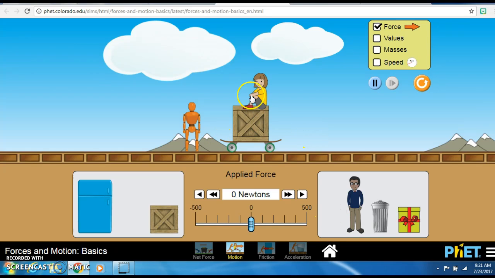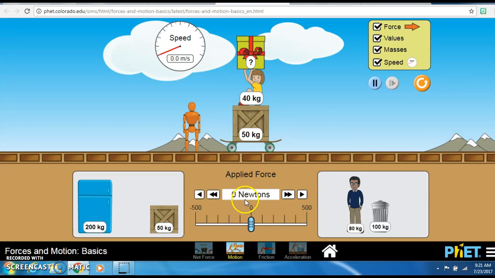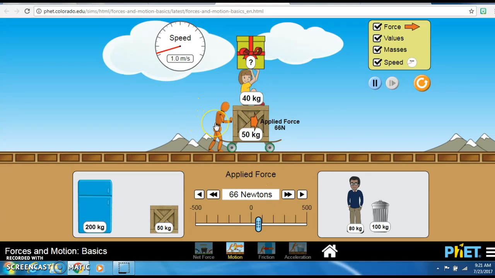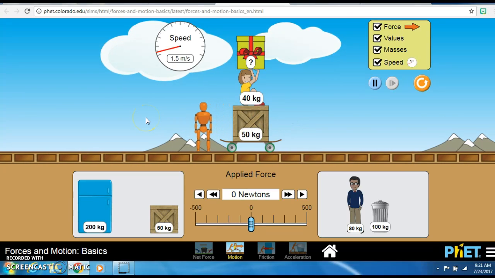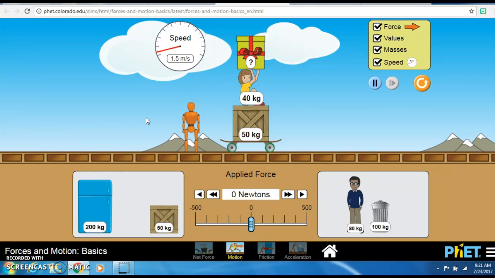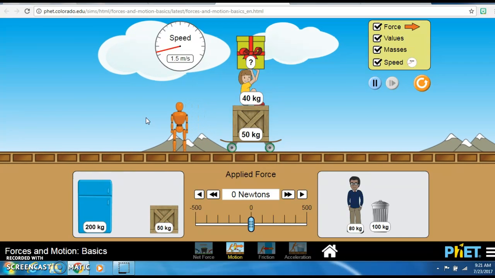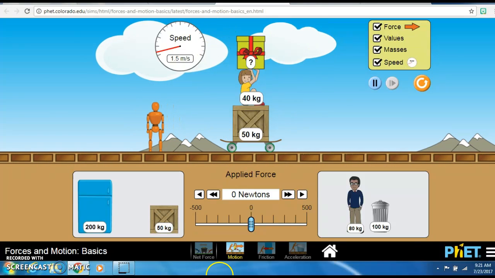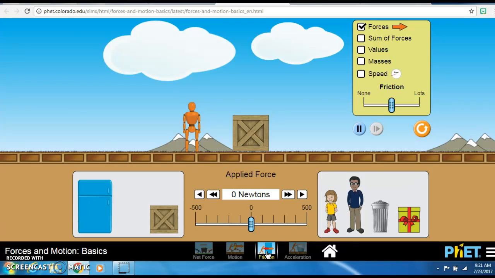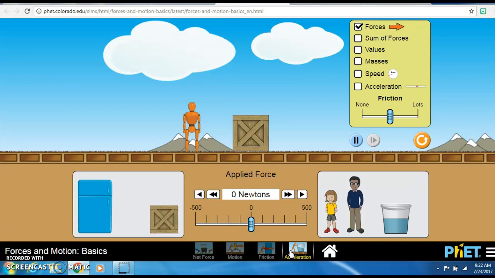They can add characters and props and see how different newtons and applied forces affect motion, and how the cart will continue to roll, things like that after force is no longer being applied. And these are a lot of the Newton laws that we'll be learning about shortly. So I wanted them to play in some of these different simulations with friction, acceleration, to get familiar as a